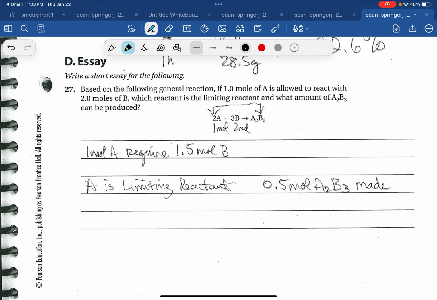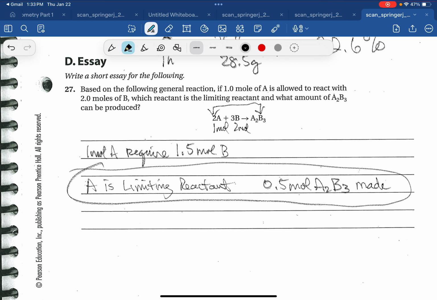Passing period. And so there is the answer to this question. They left an awful lot of blank space for that short of an answer. I guess you could write more sentences and stuff if you wanted to. I prefer not to. So that takes care of the first part,